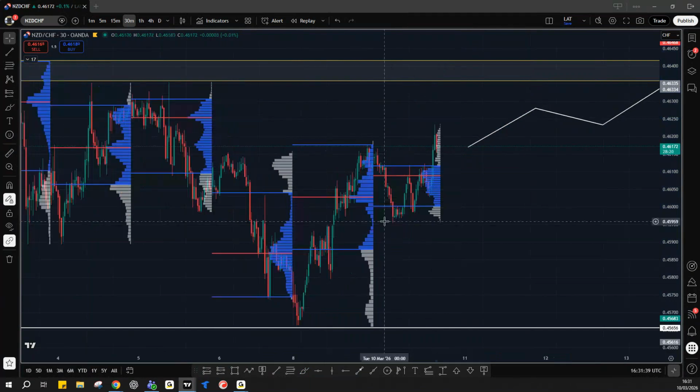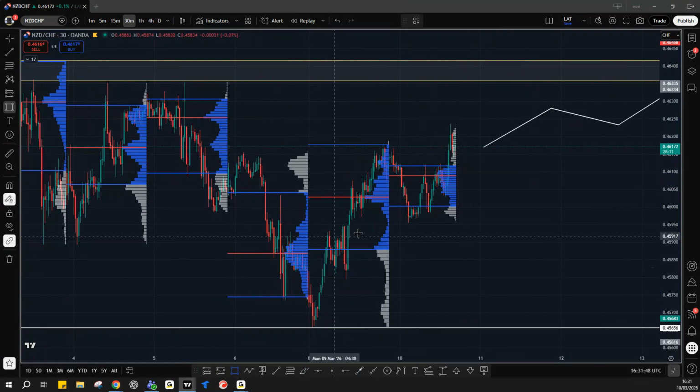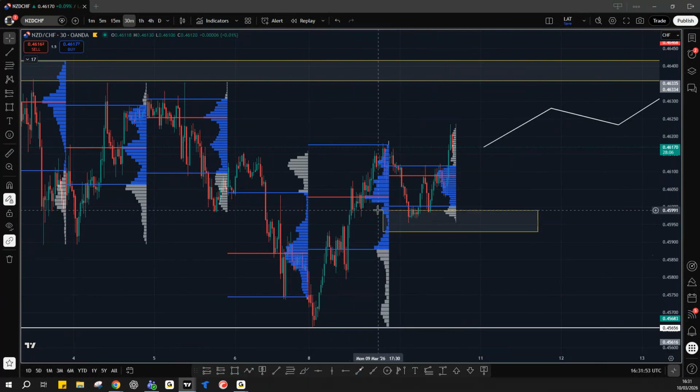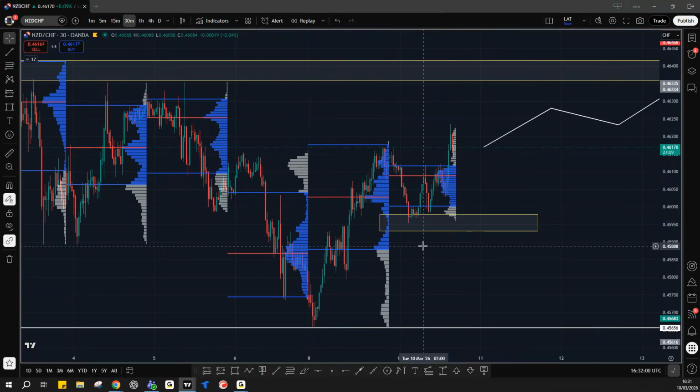From a profile standpoint, one of the key areas that I find the most useful, there are obviously lots, and I'm sure you've probably found there are lots of different levels you can take, but for me, the areas of thin volume are generally zones that I find the most important, at least for my trading. Different for everyone, which levels you prefer, different based on the strategy, different based on the asset potentially, but for me, these are the levels that I personally like the most.